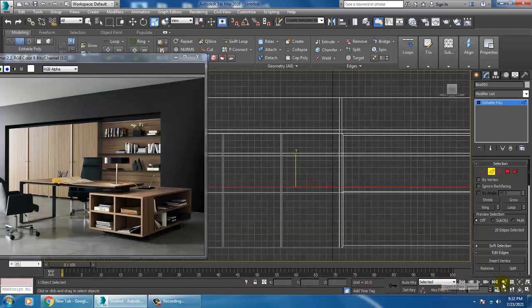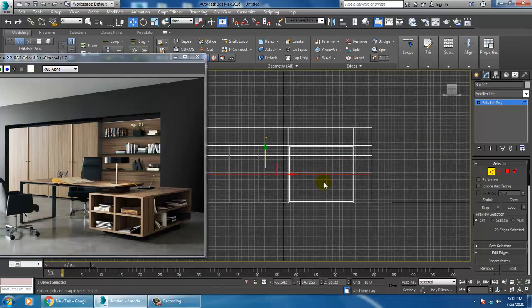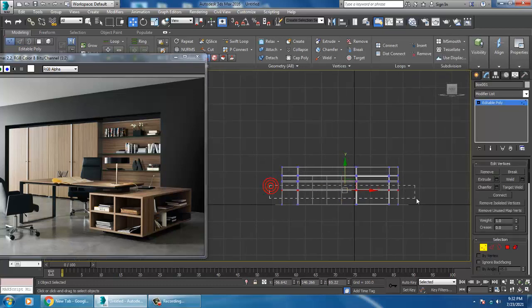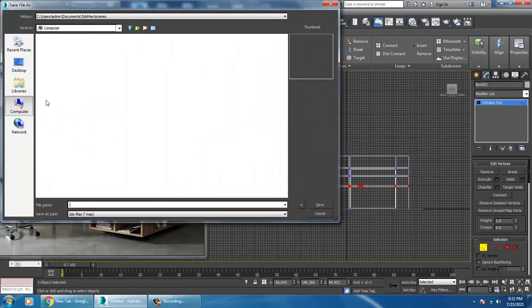Again just scale it, make it more straight, push this up. Select all these vertices and I'll just save it first.